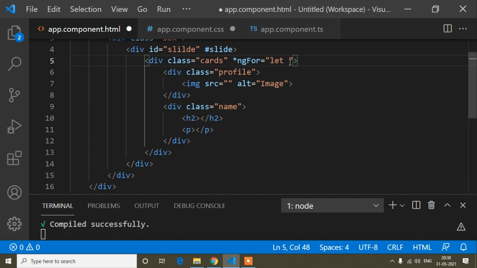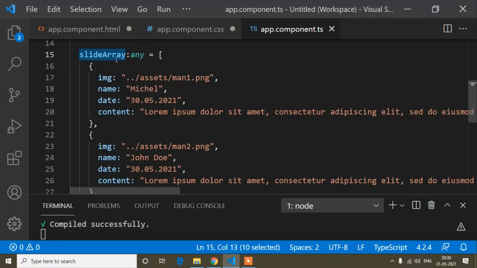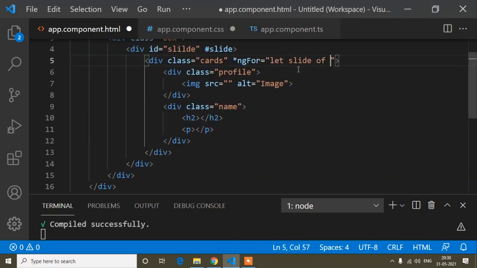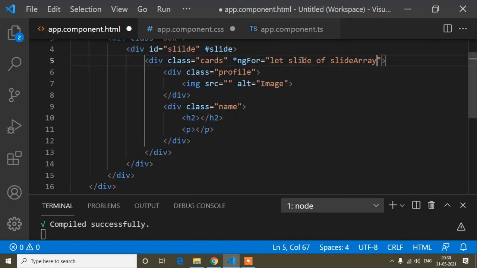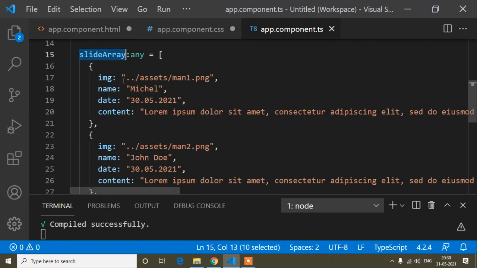The variable name I will write is slide of, and I will copy this variable and paste here. That means all the values of this slide array variable are now stored inside this slide variable. Now I can use this slide variable for binding all the image, name, date and content properties.